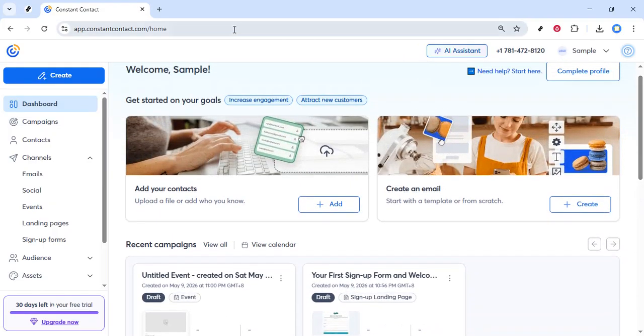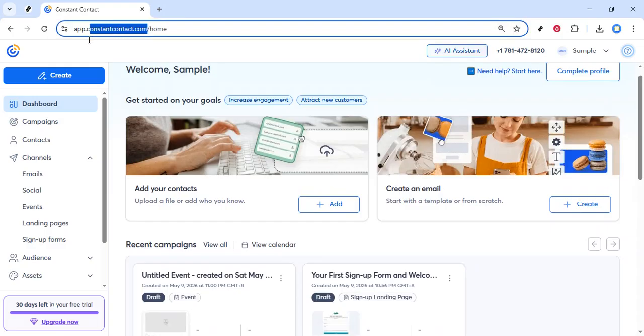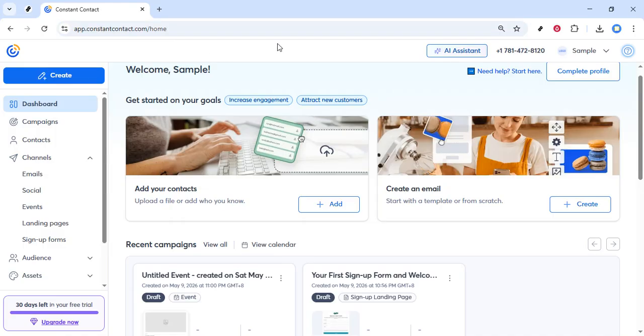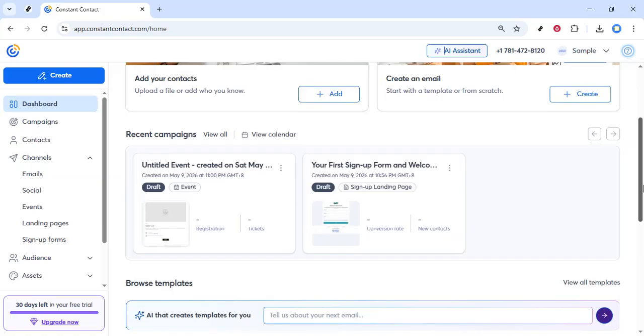First, open your preferred web browser and head over to constantcontact.com. Once you're there, make sure you log into your account if you haven't done so already. If you're new to Constant Contact, you'll need to create an account. But for today, we're assuming you've already got that set up. Navigating to the website is your gateway to tapping into all the powerful tools Constant Contact offers for event creation